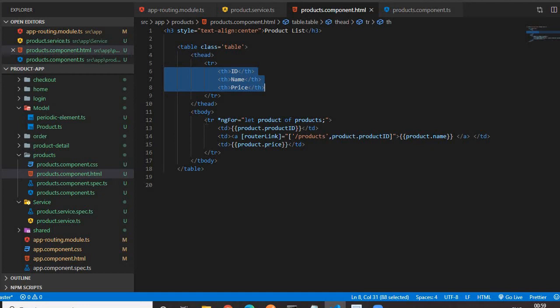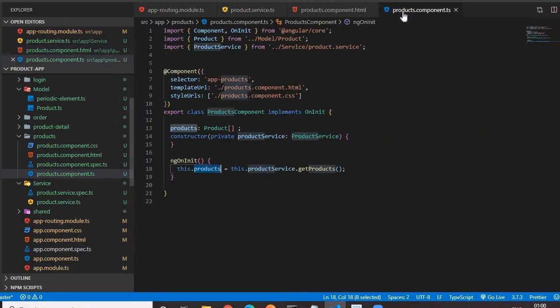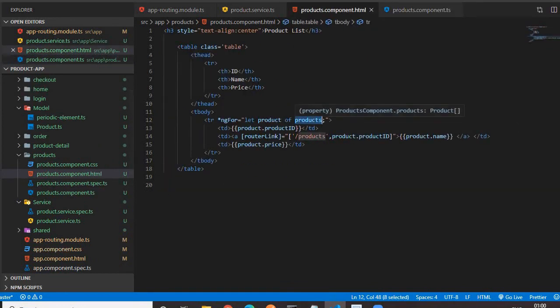Then here is the row of the table, and for the row I have used the *ngFor directive. Product is the variable that I have declared in the product component.ts file, which contains an array of objects. I am iterating through this array of objects, so it will give one object on each iteration. Each object will be assigned to a variable here. Then we can access the properties of the object by